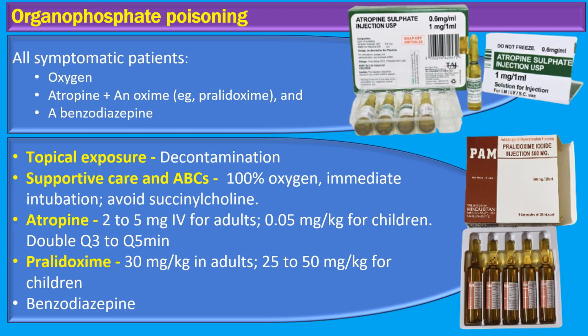Ladies and gentlemen, let's delve into the first line of defense for organophosphate poisoning, atropine therapy. This is a crucial intervention recommended for patients exhibiting any signs of cholinergic toxicity resulting from organophosphate poisoning. The initial dosage is quite specific. We administer 2 to 5 mg intravenously for adults and 0.05 mg per kilogram for children. It's imperative to monitor the patient closely because if there's no noticeable effect, we proceed to double the dose every 3 to 5 minutes. This is continued until we see a significant reduction in the pulmonary muscarinic symptoms.